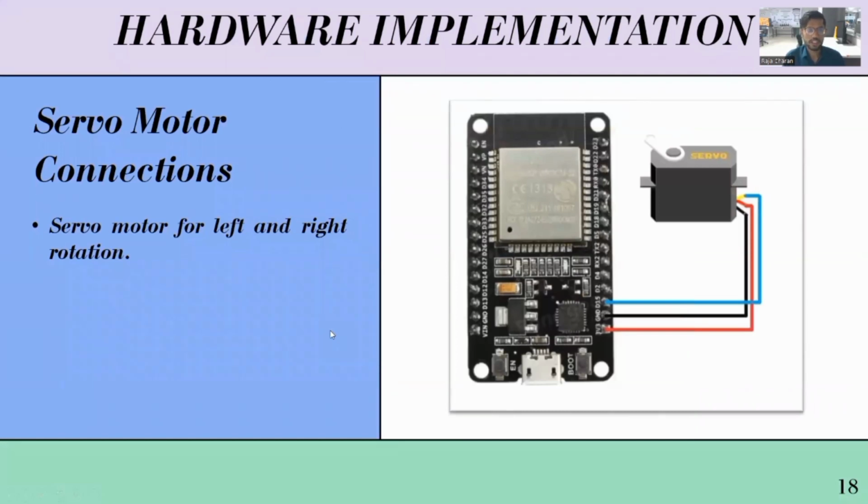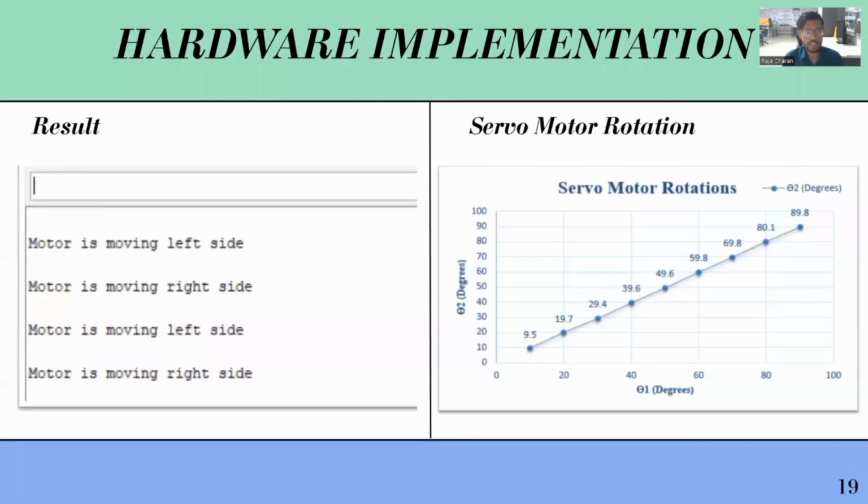So this is the connection that we used. First of all, we start from the very basics. Here is the connection of the servo motor. The servo motor is connected to the ESP32 microcontroller, and here is the servo motor for left and right rotation. When we connect this servo motor with the ESP32 microcontroller, we get this result: the servo motor is moving left and right. For controlling the direction or rotation of the servo motor, we